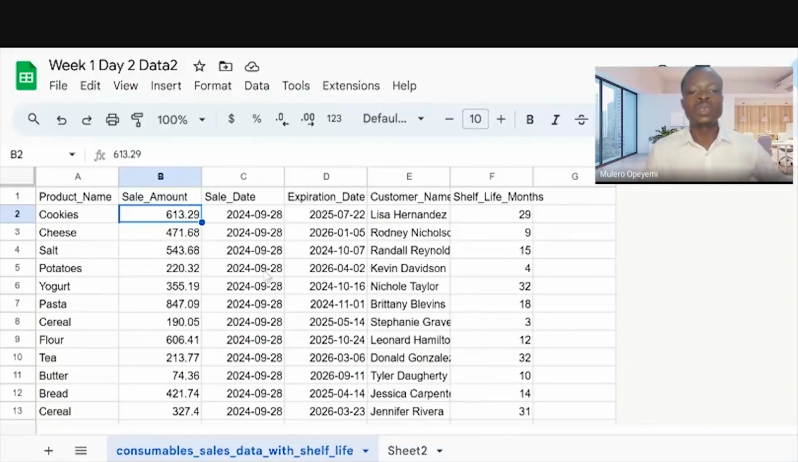Now, this is a sales company, and we have products that they sell. We have the expiration dates, and we have the shelf life. Shelf life is talking about, from the production date, how long it will take for this particular product to become expired. Now, what that means is that,